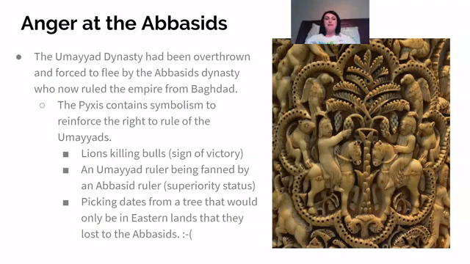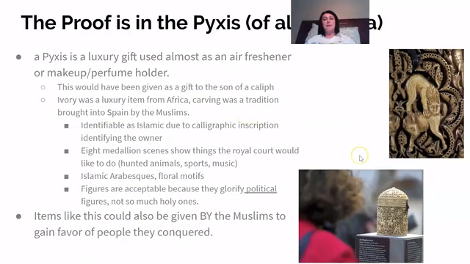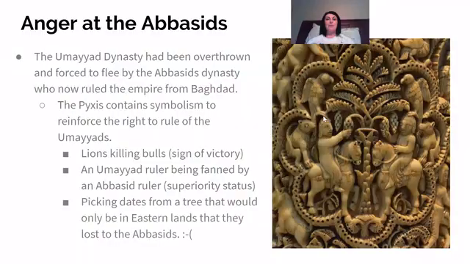So the Pyxis actually shows a great deal of lions killing bulls, and I will kind of go back to this. If you remember anything, the Abbasids really liked the Persians, and the Persians were very into bulls. We know that because in Persepolis, they had the great capitals holding up the bulls, basically, at the very top of it. So that was something there. And you can see here, there's a lot of lions eating bulls. The whole reason for that is because basically the lions are the Umayyads, showing that they were actually the true victors in this nature.